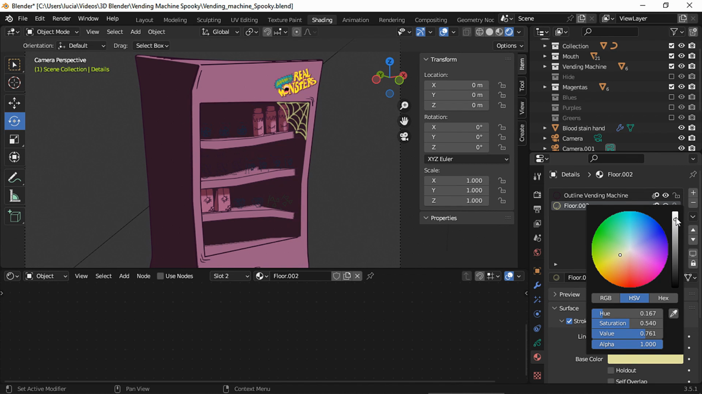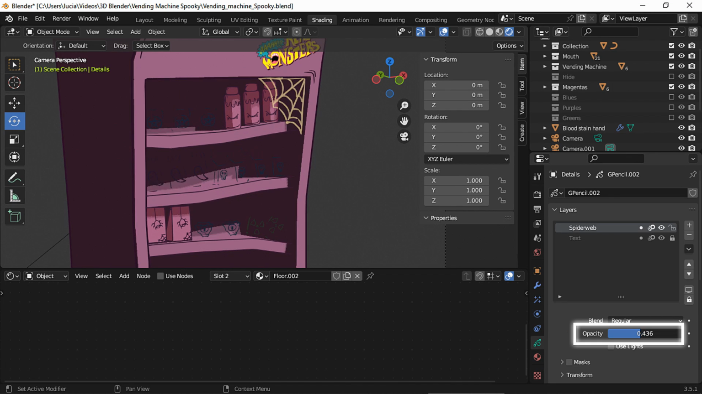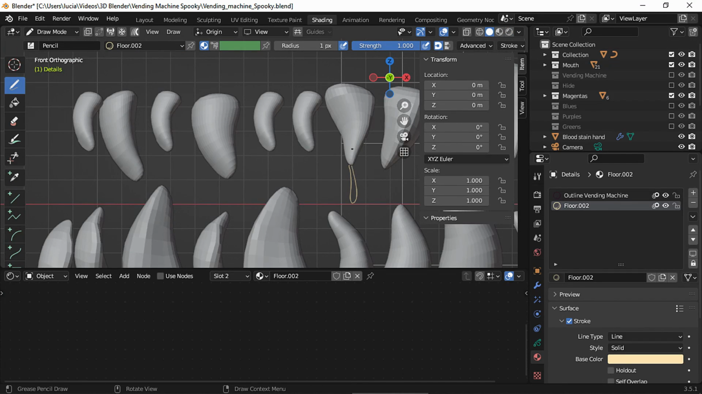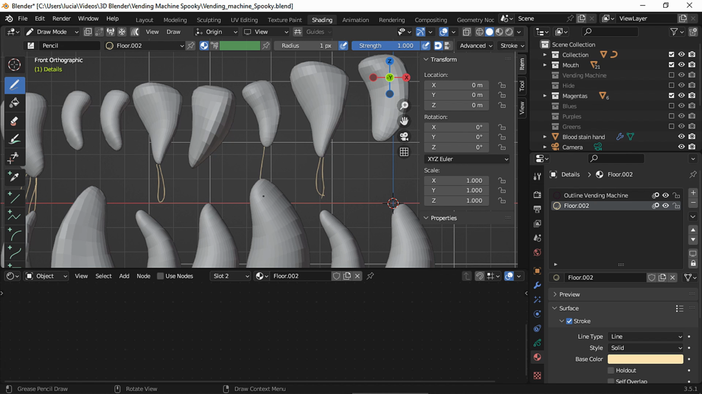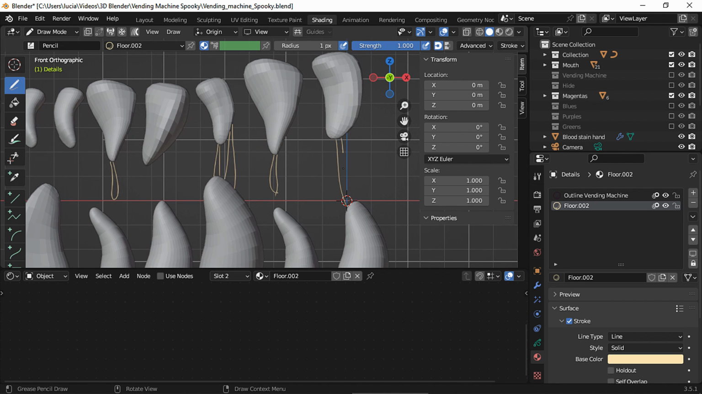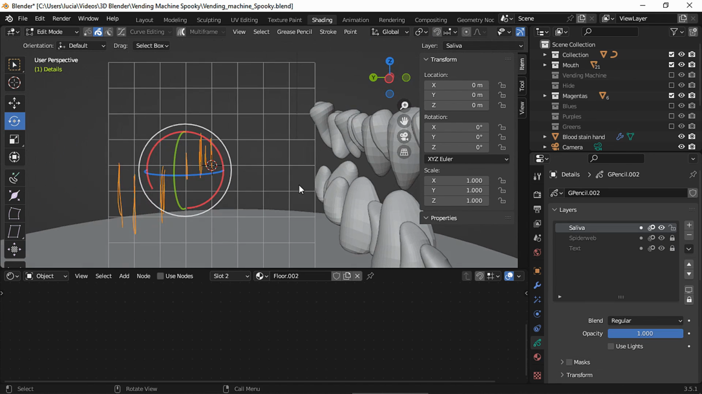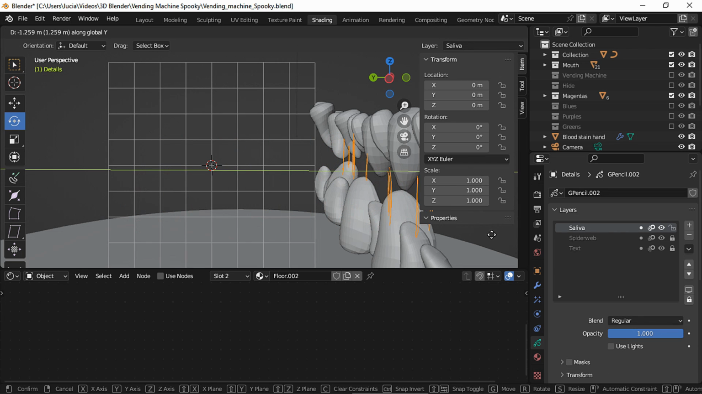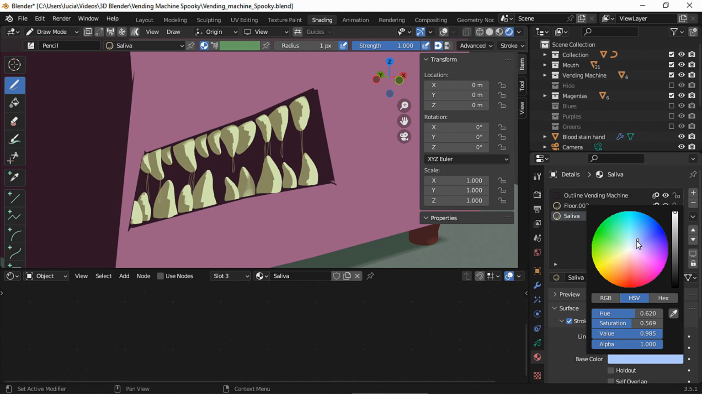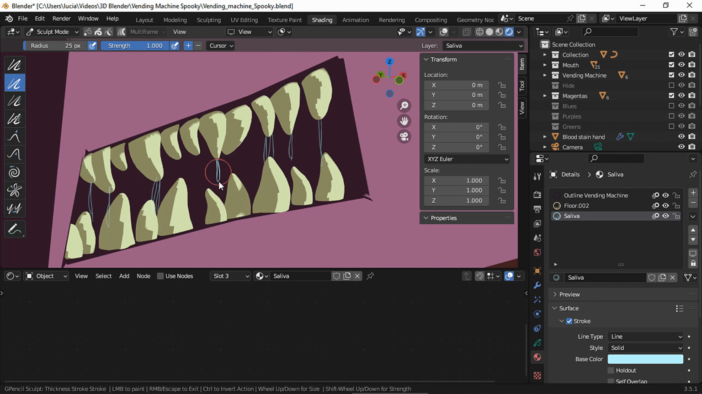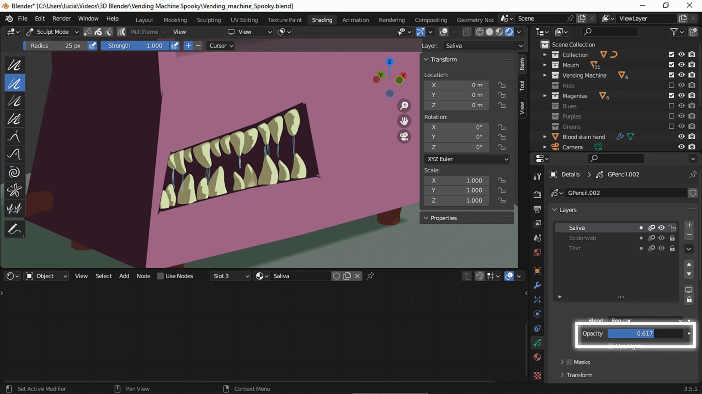Then I changed the material into a yellowish white and I changed the opacity of that layer. In another layer, I drew the saliva for the mouth. And I chose a light turquoise color. Since the strokes seemed a bit too light, I added some thickness in sculpt mode. Then I changed the opacity of that